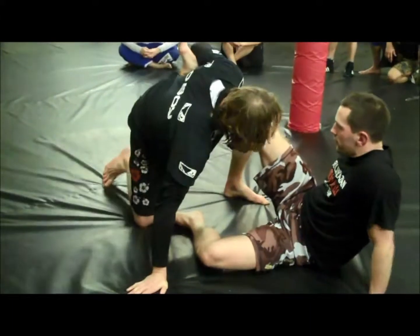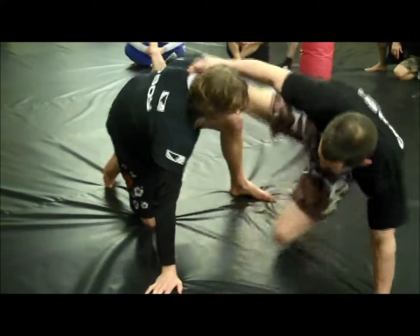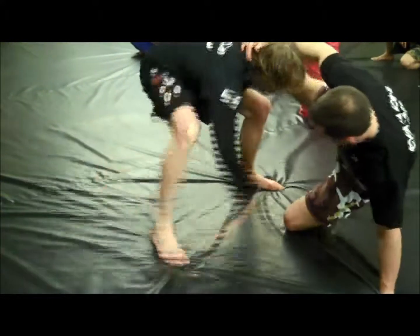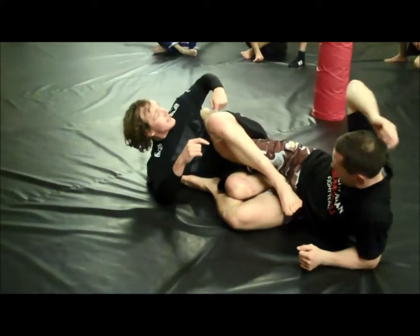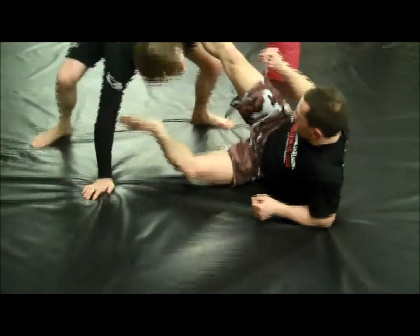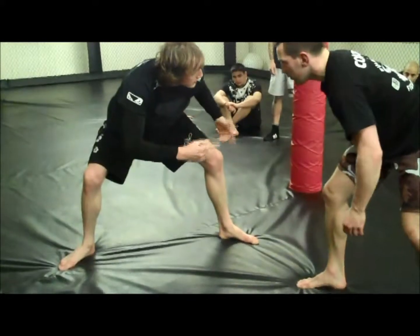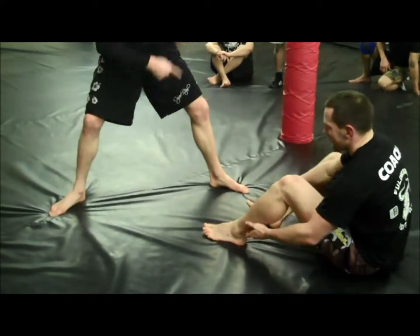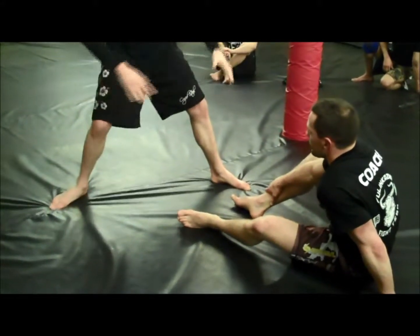By keeping this here, if I get to my knees and he gets to his knees, who's in the better position here? We're in the same position, but I've got his leg, yeah? So if I come up, I can pull that out and then re-attack. If I've got his leg still, if he peels my foot off and I stand up and let go, and then he gets to his knees, now he's in a better position because Dave will slam me on my head. So keep that ankle control and then you can still attack. So when I said at the start, keep it at all times, even when he's messed everything up, keep it